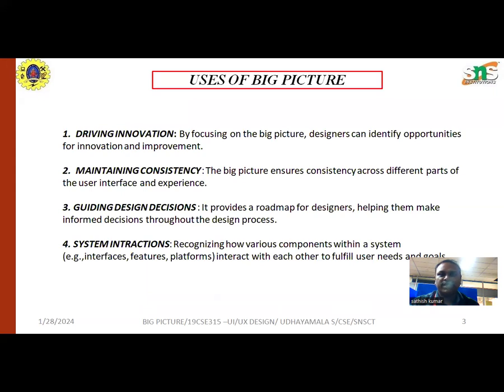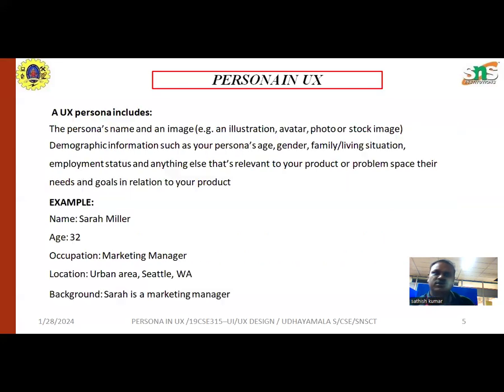Next one is website. Instead of focusing solely on the visual design, the big picture approach would consider the entire website structure, navigation, and user flow. A website might use clear navigation, a consistent design language, and easy-to-find contact information to ensure a positive user experience. Healthcare app: instead of designing features that only address one aspect of healthcare, the big